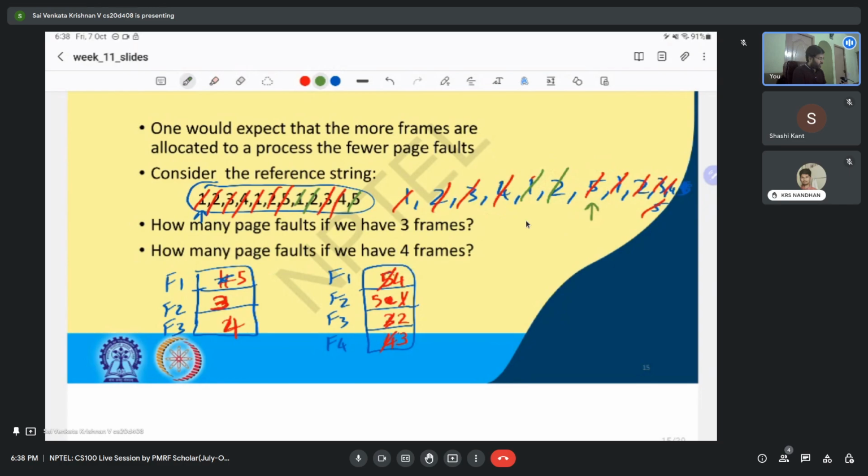When you want to get in 5, you are evicting 1. If you just consider this portion of your memory accesses,